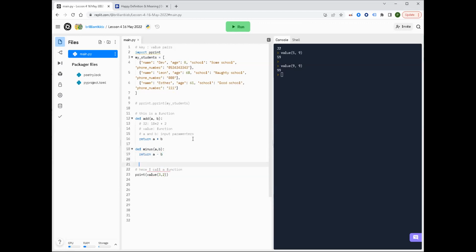Now you will make a personal calculator for yourself, def. So we call multiply. And then